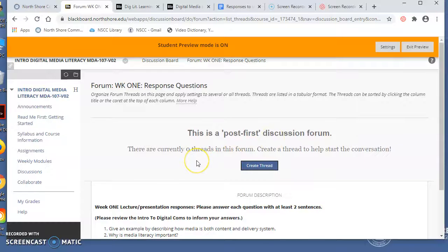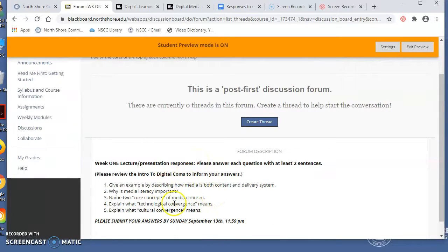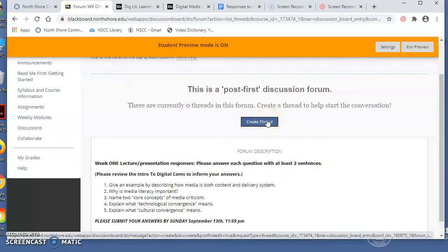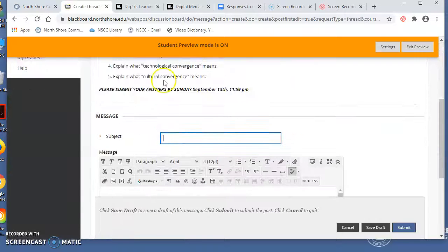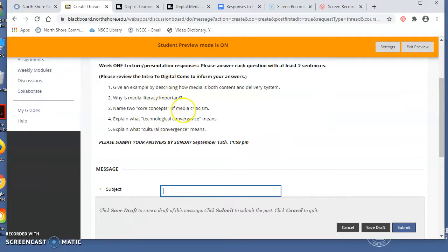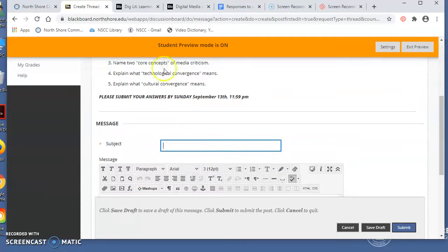What that means is when I ask you questions at the end of each week, you don't have the ability to see other posts until you actually create your own. When I go in and create my own thread and post it, then you will see other students reply. When you press submit, go in and create a thread. You'll still see these questions above, so for reference, you can even cut and paste them in here.